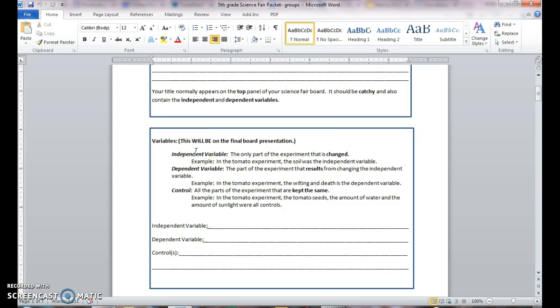Okay, now for your dependent variable, that's going to be how much bacteria is in each place. Okay, now for your controls, this one's a little trickier because this is a kit you guys will be working with, and so I'll explain more about this one when I get back. So I want you to leave the control box alone, okay? And then for our last group,